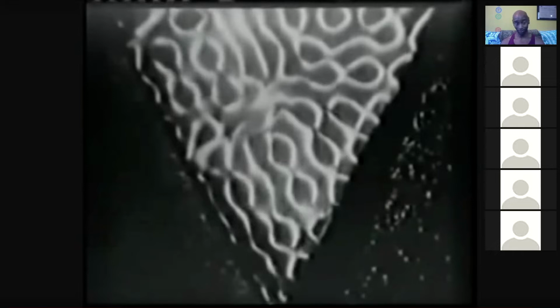Nothing else but sound. This is just pollen. This is pollen from a plant on a black plate. All they're doing is they hooked up an electrode to the black plate where they can send vibration like from a speaker, send it right into there, and then ramp up the vibration. And every time they change the vibration, you see the form change in the pollen, which means sound creates form, or vibration and frequency creates form. Let's keep watching.